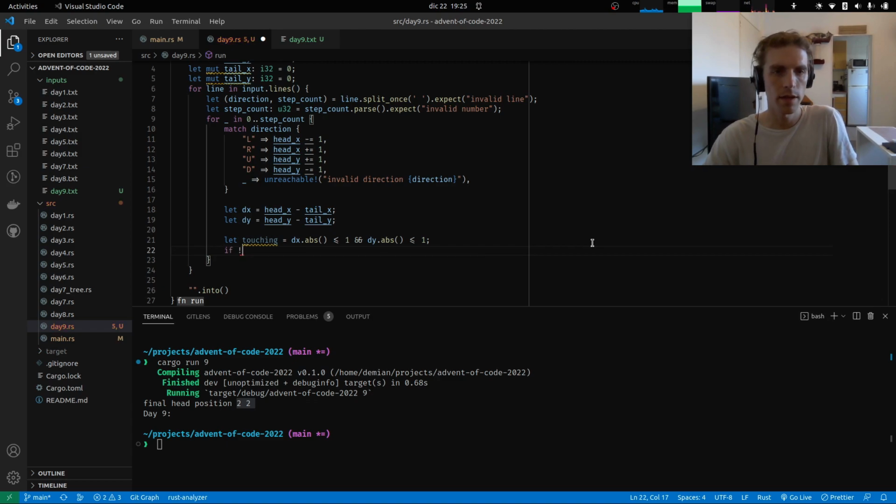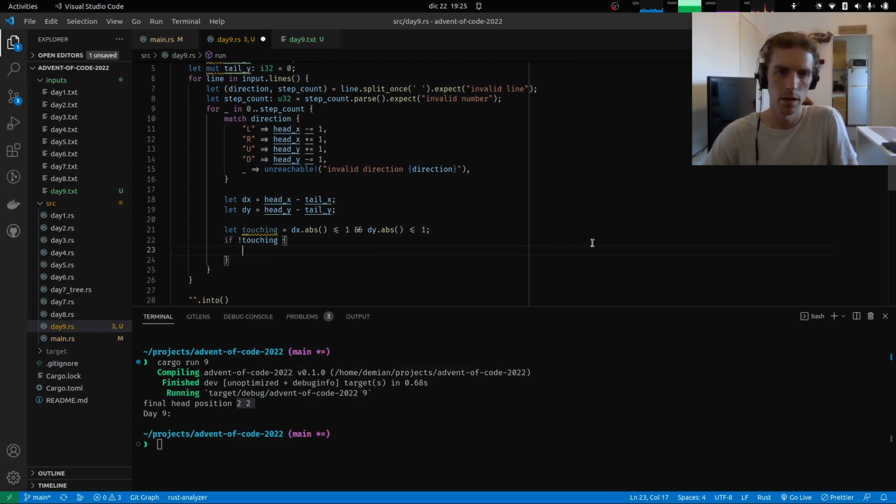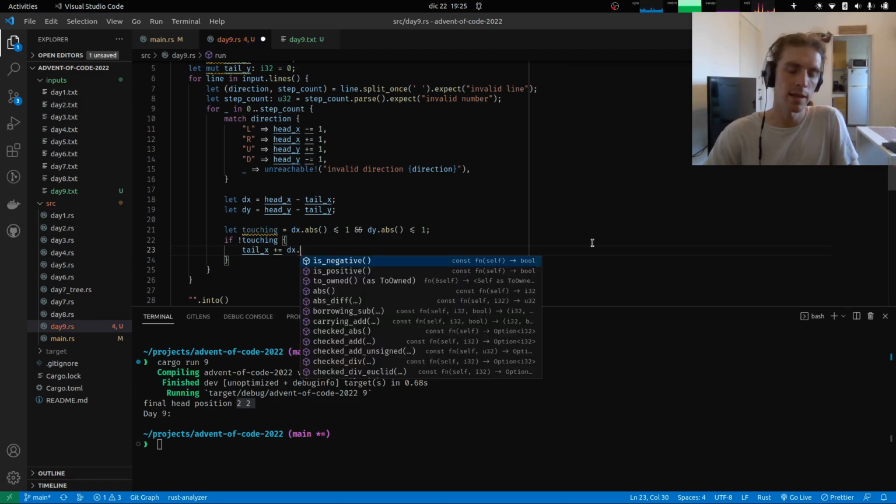Yes, if they are not touching, we're going to update the tail. So how are we going to update the tail? Well, we can increment the tail position by this dx, but you know, if we just increment it right away, we are going to make them overlap. So we have to increment them at least by 1, I think. Yeah, I'm pretty sure. So we can do tail x add this dx, and here we can use the